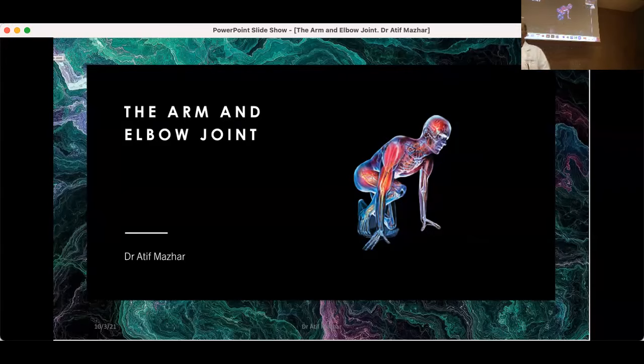So today we'll be learning about the arm and the elbow joint. Why did I stop at the brachial plexus? I stopped it for a reason. I want you guys to have some time so you can be ready and prepare for that. And then my next lecture, I'll be talking about injuries of the brachial plexus, because that's a very complex type of topic and you need to understand all its detailings. So let's start.